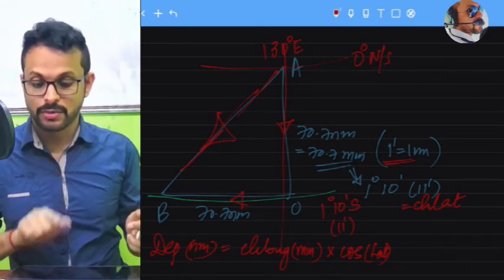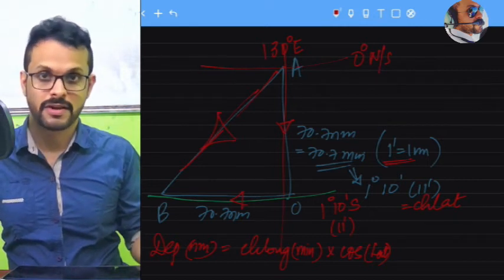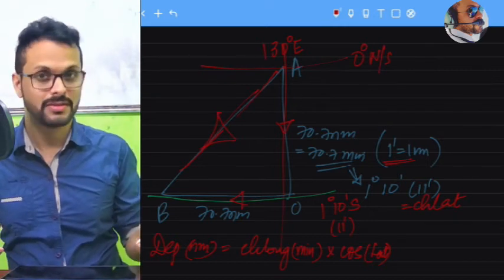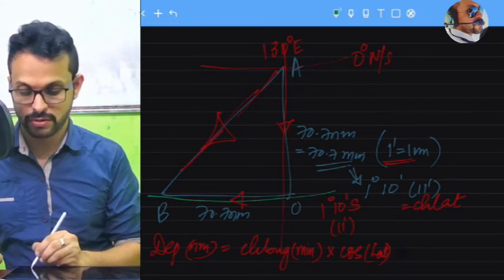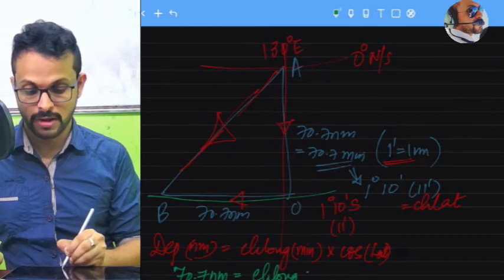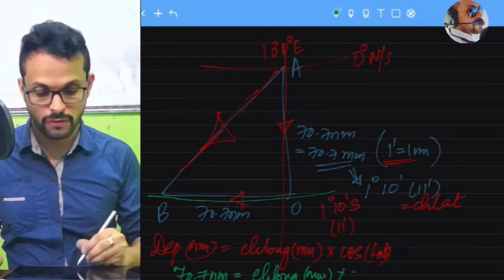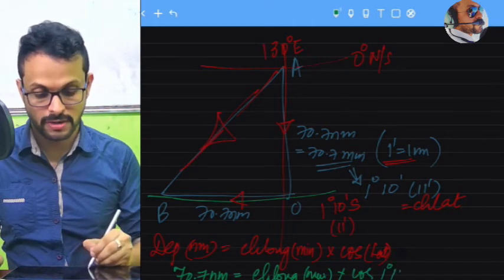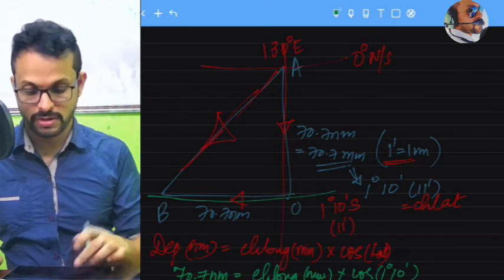All right. Now, since from O to B we are traveling along the 1 degree 10 minutes south parallel of latitude, a departure equation can be applied directly. So let's apply the values to the departure equation. We know the departure, which we just found out, as 70.7 nautical miles. We are supposed to find out Chilong, and the Chilong in minutes multiplied by the cosine of latitude, and we are on 1 degree 10 minutes latitude, right? So therefore Chilong is equal to,